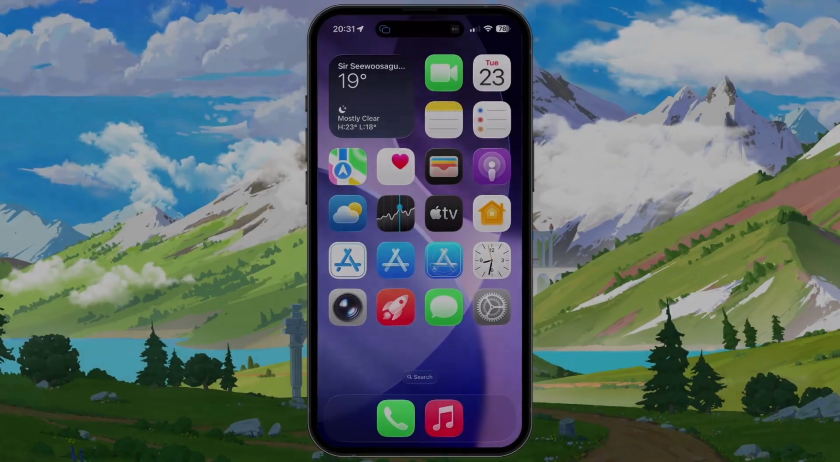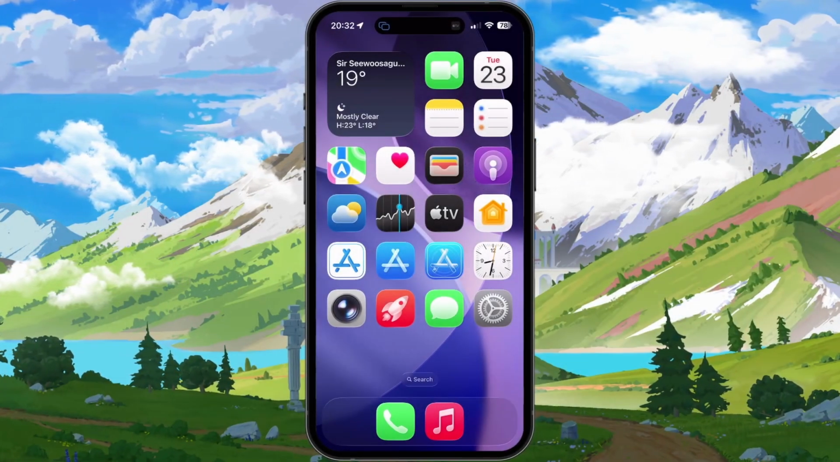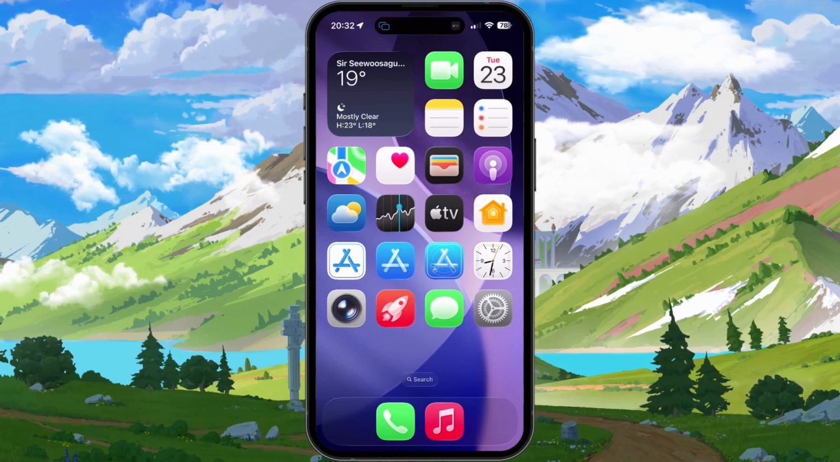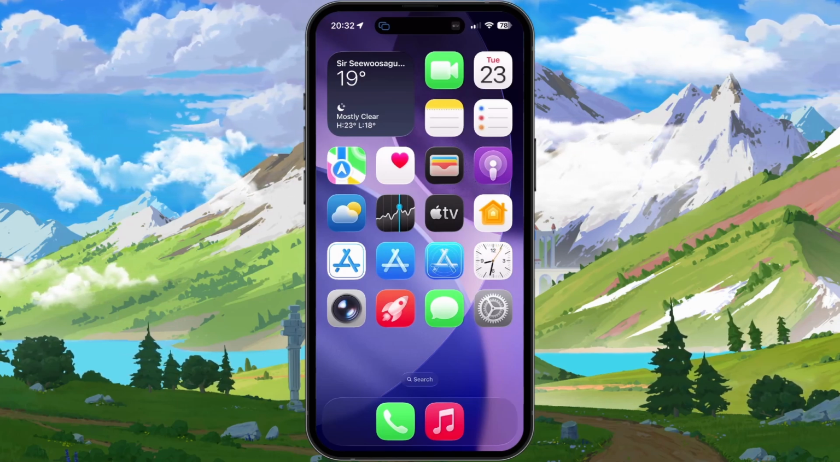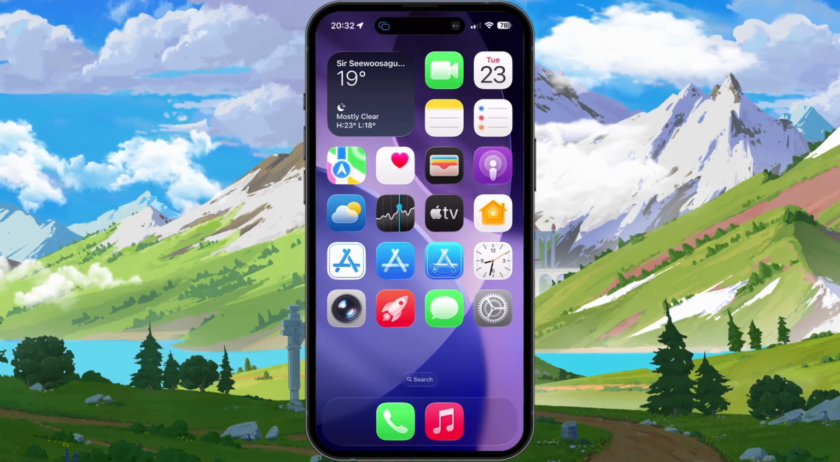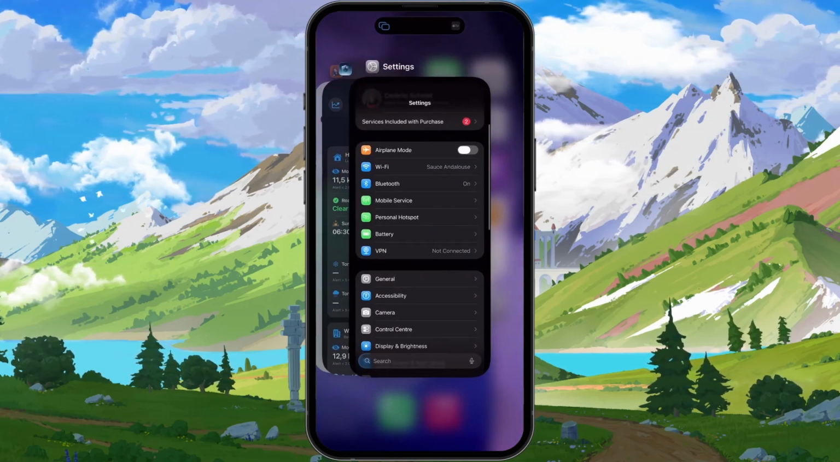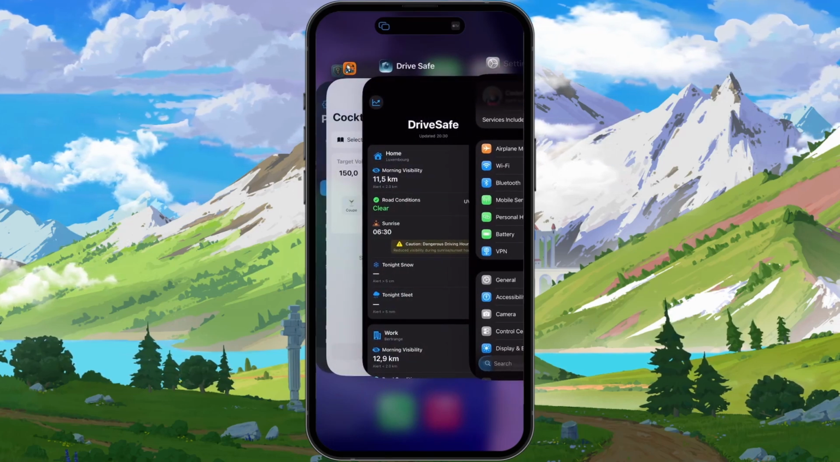What's up guys? In this tutorial, I will show you how to fix the problem when apps are crashing on your iPhone Air running iOS 26 or later. The most common reasons why apps are crashing on your iPhone Air is that they are not yet updated to be run on iOS 26, that your iPhone storage is nearly full, or because of network-related problems on your